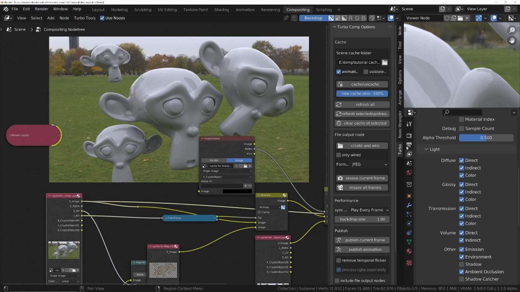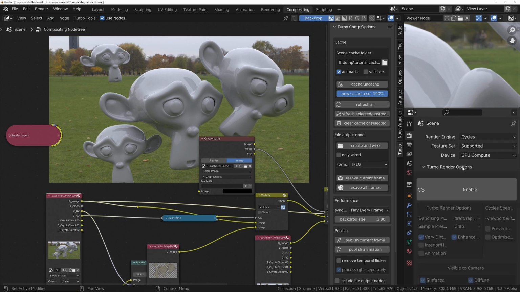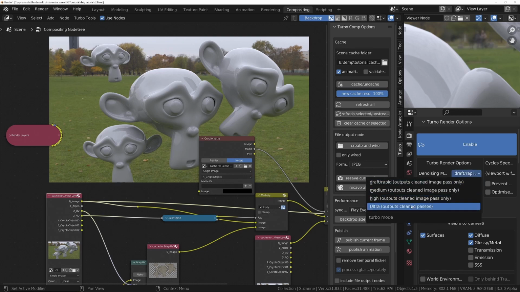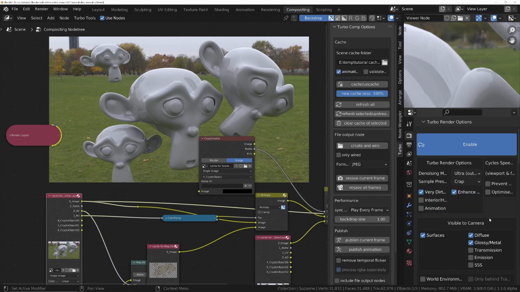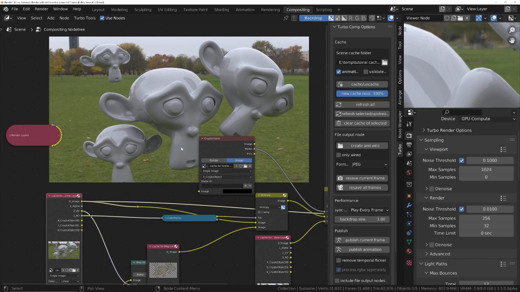And also, by the way, if you're using Turbo Tools, what we can do is enable Turbo Render and set it to use the ultra denoising mode, and that will make sure that all of those individual passes are denoised. Otherwise, we might have to add a denoise node in the compositor to each output, and that will be quite slow. I'll set this to use user, so it uses the same samples I was using before, and we only want to denoise the diffuse and the glossy because there's no other information in the scene. Alright, so F12,